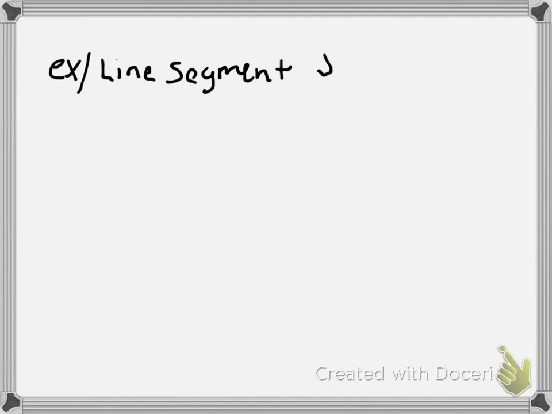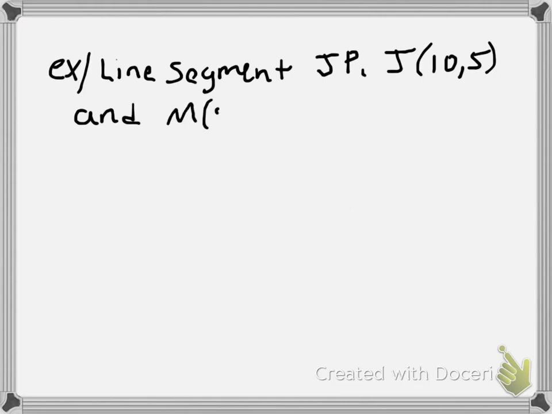I'm going to say J to P. And let's say J is at 10, 5, and M is going to be at 4, 6, which is the midpoint, and they'll say, what is P? Now the nice thing with these questions on the exam is they're multiple choice, so in reality all